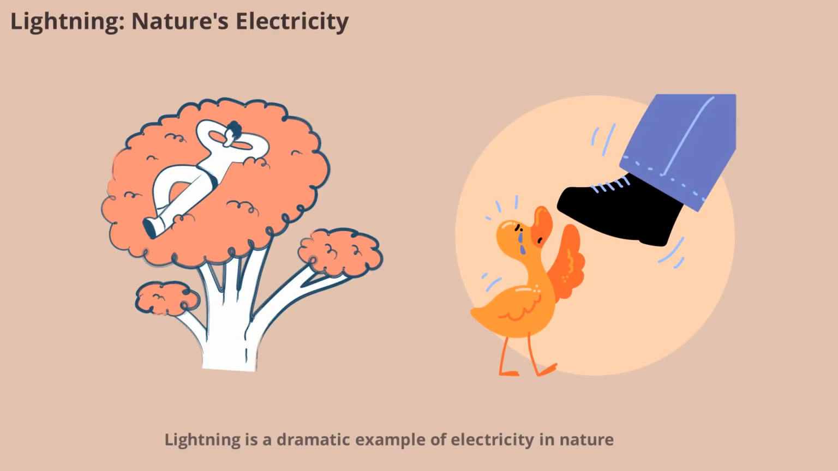Lightning is a dramatic example of electricity in nature. It occurs when static charges build up in clouds and discharge to the ground, creating a powerful flash of light and sound. Lightning demonstrates the immense power of electric forces and reminds us of the importance of respecting electricity in